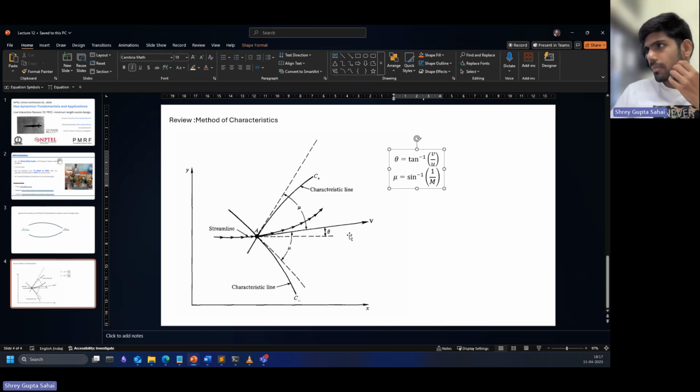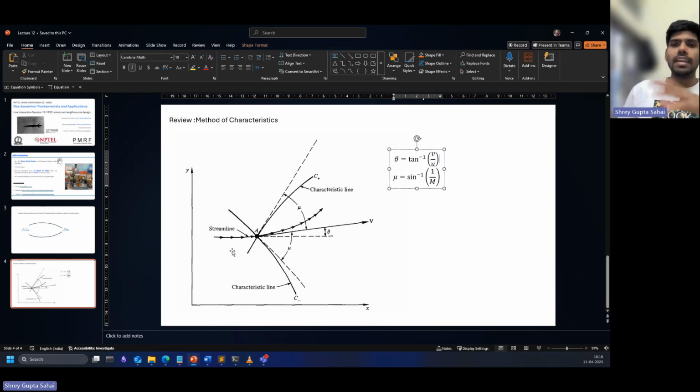Locally speaking, there will be a streamline, and there is a coordinate system associated with our definitions. We are looking at Cartesian coordinates. So theta is the angle at which the streamline is aligned to the x-axis, whereas mu is the angle with respect to the streamline, with respect to the local flow. How are the characteristic lines aligned? At theta plus mu there will be one characteristic line locally, and at theta minus mu there will be a second